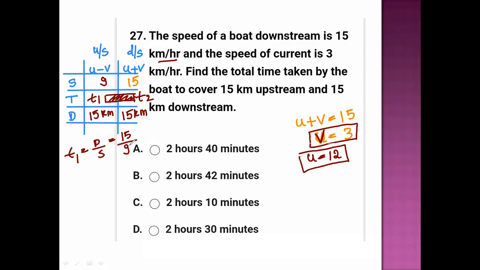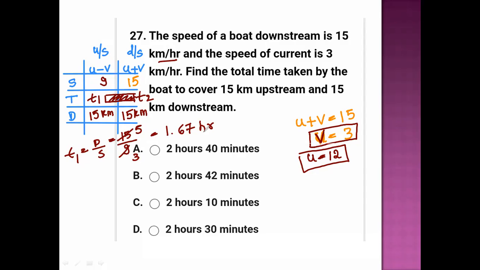Now 3 3s are 9, 3 5s are 15, so how much will you get? 3 6s are 18. So we are getting 1.67 hours. So the time to move with a speed of 9 kilometer per hour in the upstream direction